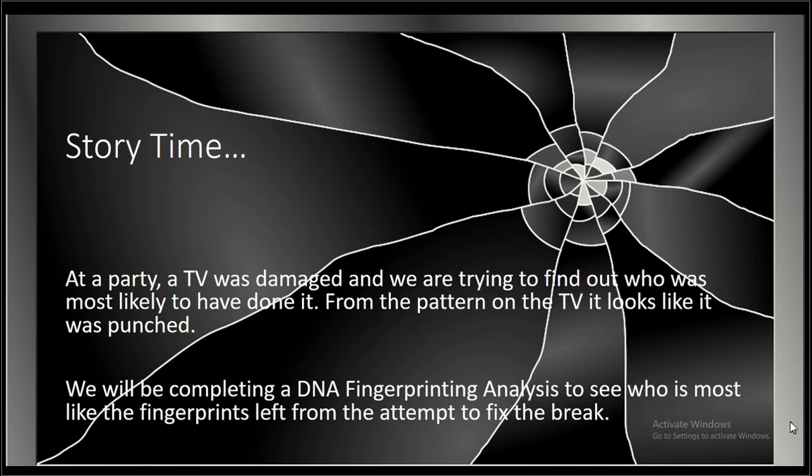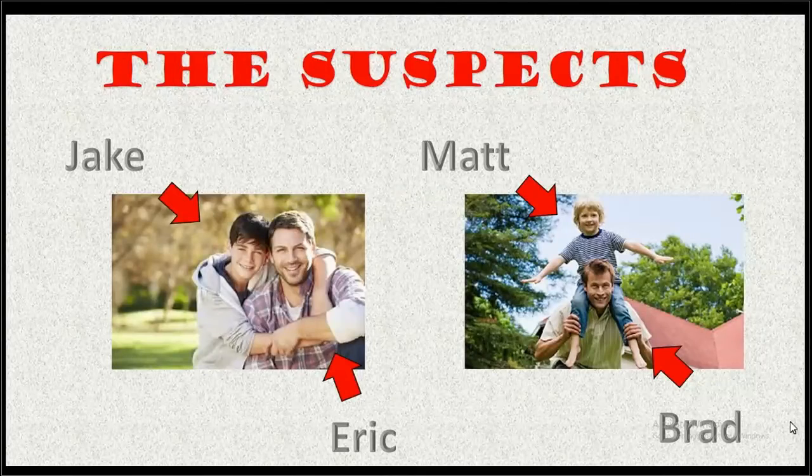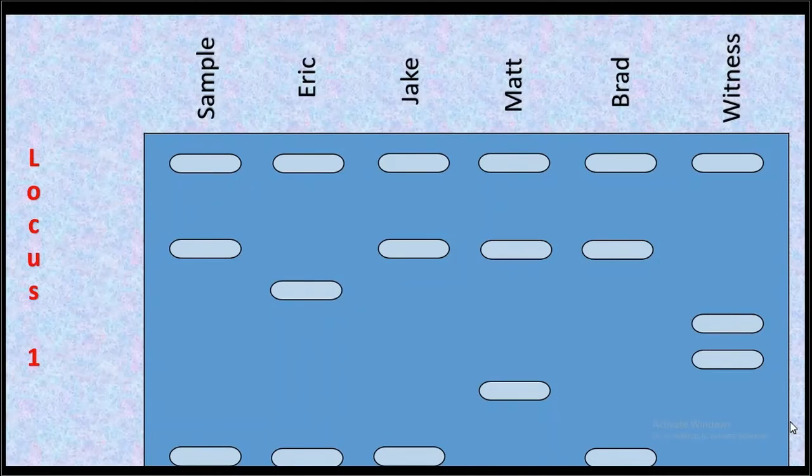So we have multiple fingerprints to analyze. The suspects for this crime are Jake and Eric, who are biologically related, and Matt and Brad, who are also biologically related. So for locus 1, we can see that the top wells are just where the DNA is implanted,